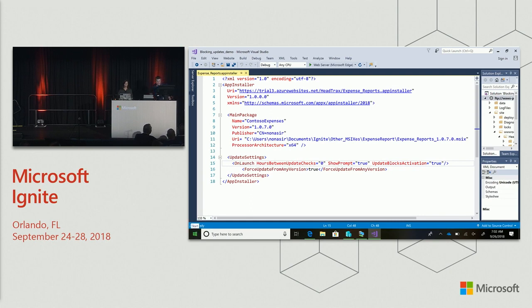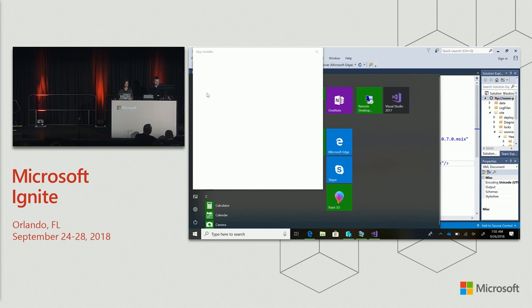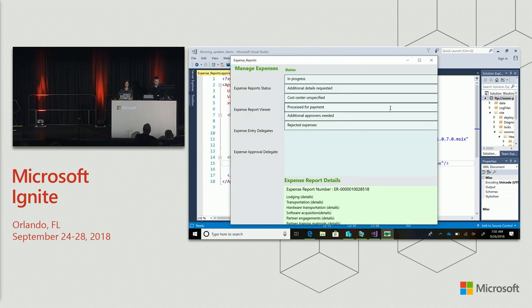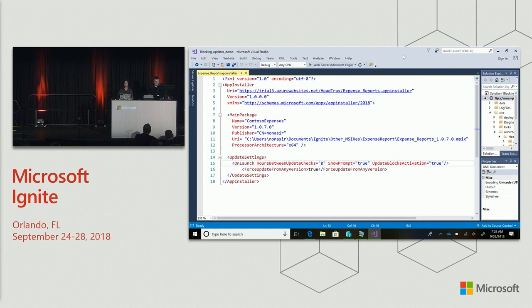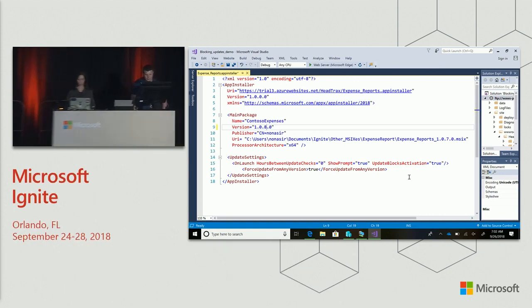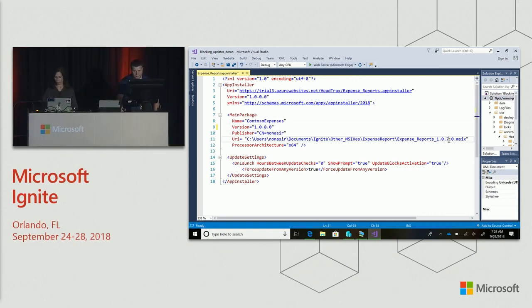Now, as you noticed when I first installed my application, it's version 1.7, and we're checking for an update. There's not going to be one, so the application will just launch. This is version 1.7. Now, I find out that there's a newer version of my application. So all I need to do is really just change a couple fields in my app installer file. First, I need to specify the new version of the application, change the path to my new version, and of course, change the version of the actual app installer file. And once I save that,